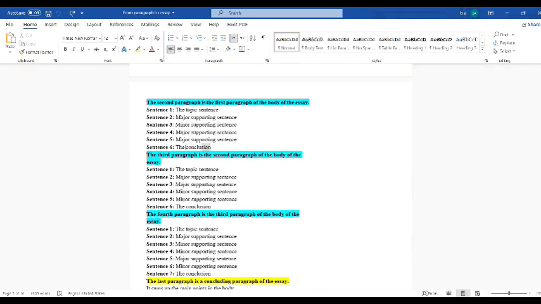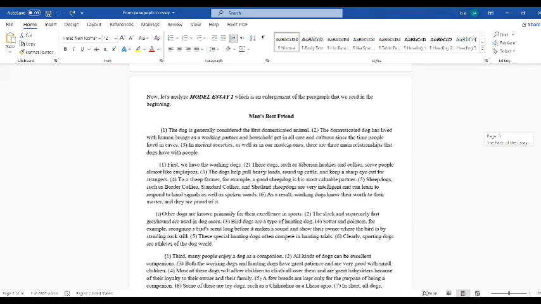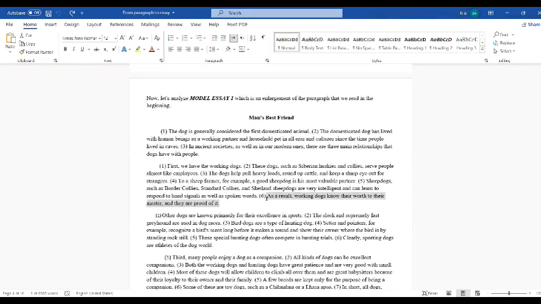And at last, we have the conclusion or concluding sentence. Let's have a look. This is a concluding sentence, right? As a result, working dogs know their worth to their master and they are proud of it. So this is the concluding sentence of this body paragraph. Okay, so in the first, second, and third body paragraphs, we have the same structure and the same factors,